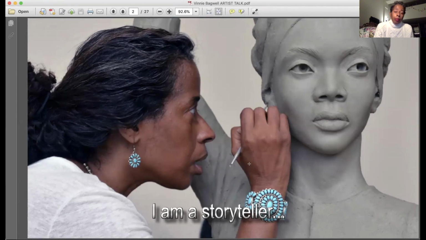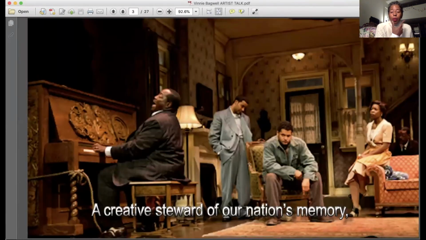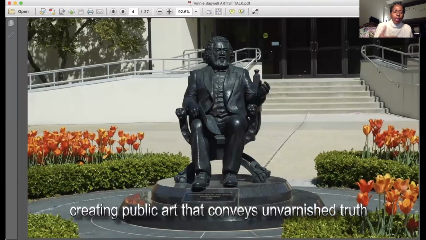it occurred to me that maybe God wanted me to do something different with my gifts. And so I became, quote unquote, a creative steward of our nation's memory. This is the piano that I made for August Wilson's play, The Piano Lesson. And so the idea is to create public art that conveys unvarnished truth, because when I first started sculpting 25